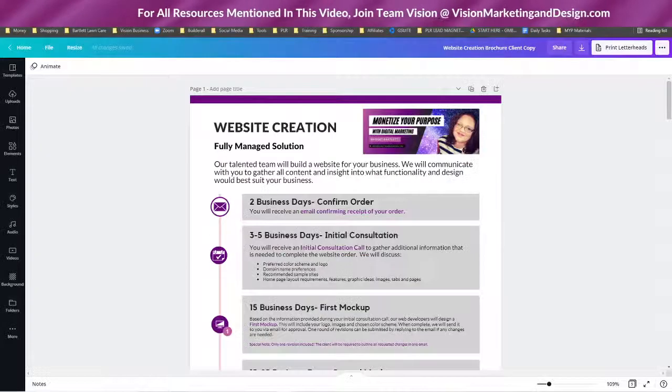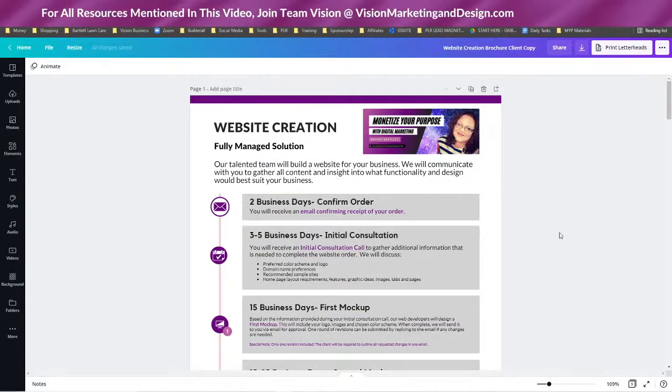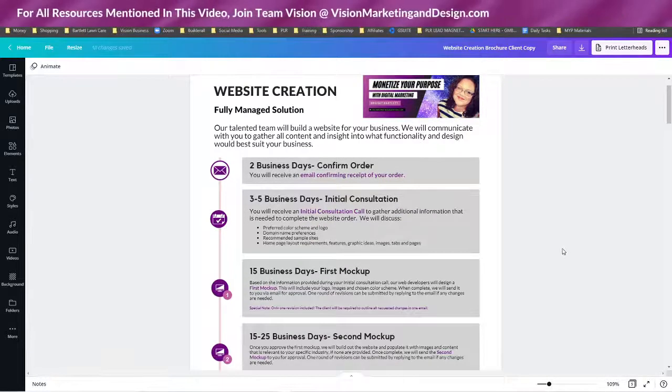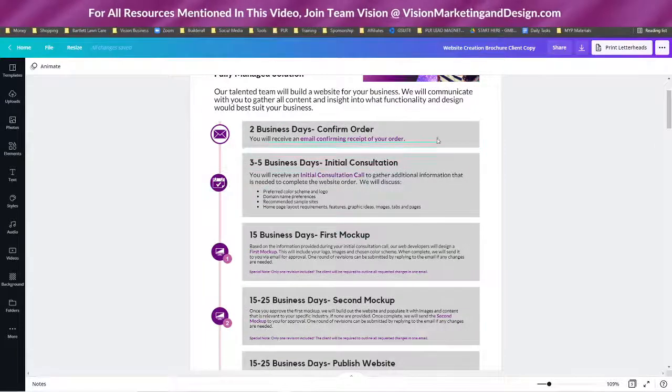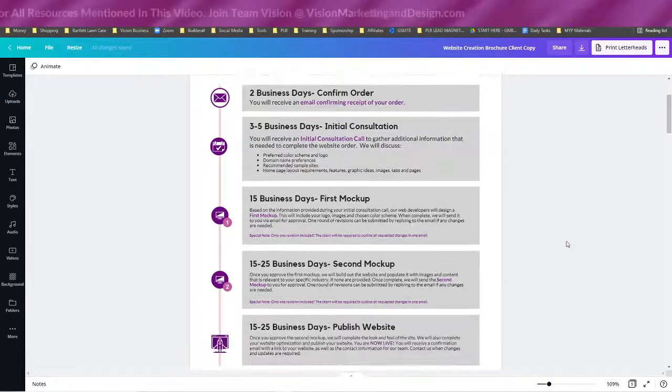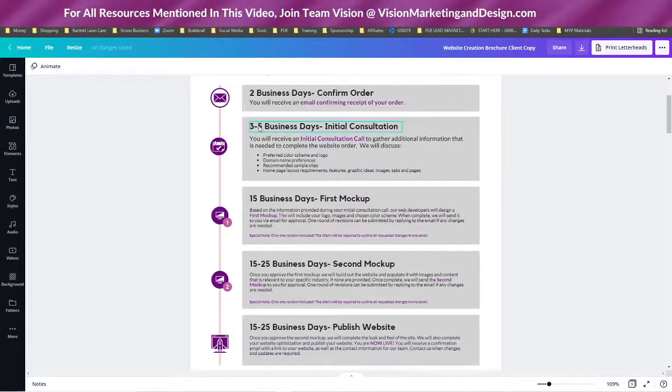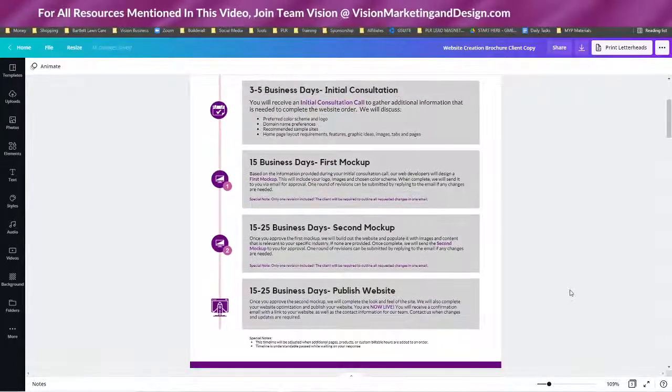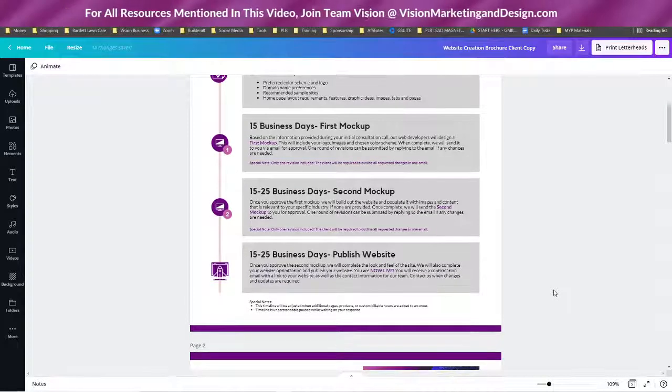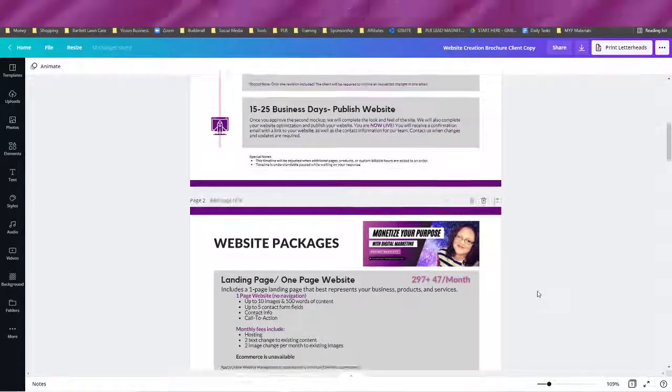Okay. I'm also going to give you my web creation process. This is going to walk you through step by step. You can give this to the client, so everyone is on the same page as to what to expect. This will completely eliminate scope creep because it's very clear. Whether you are outsourcing, it's clear to the freelancer, it's clear to the client, and it's clear to you on the same timetable, so everyone knows what to expect.